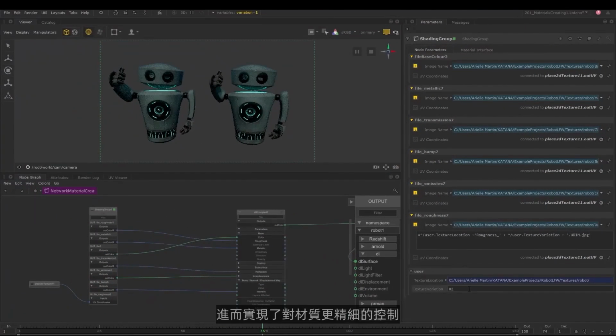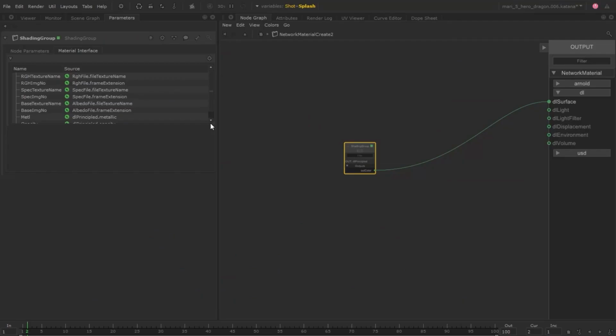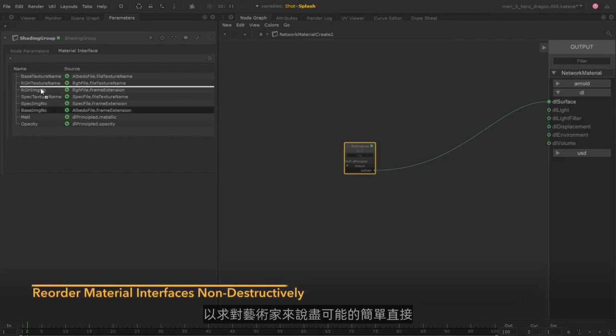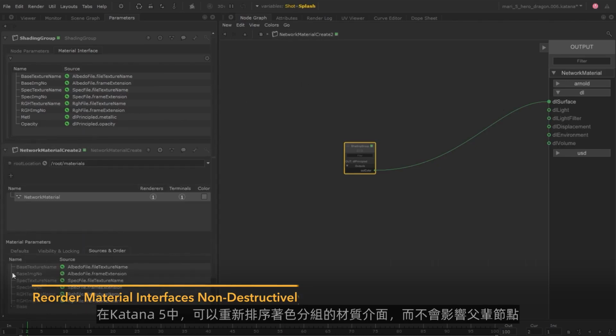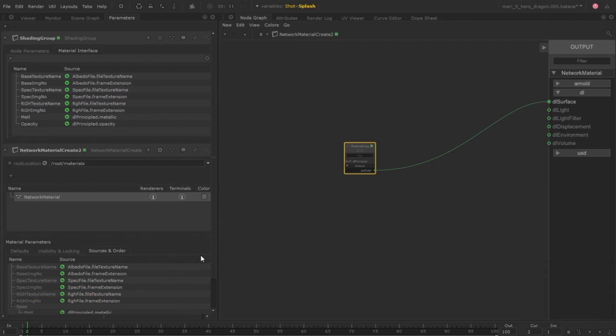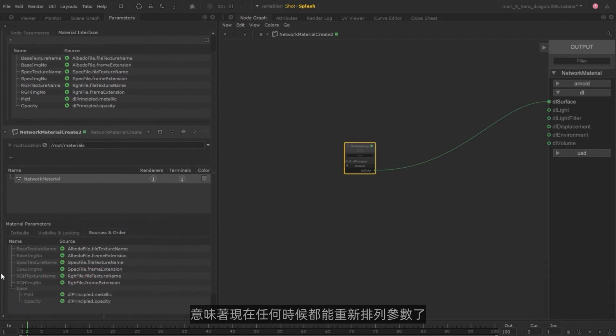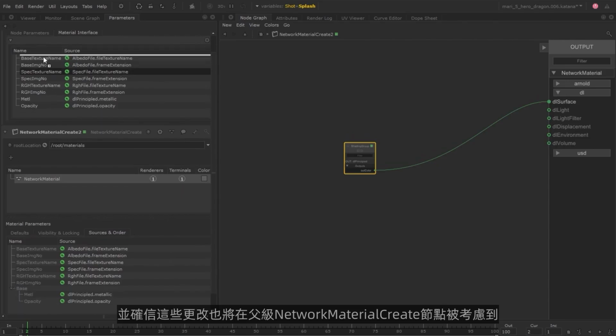giving them finer control over the material. We're simplifying the learning curve of material creation, so it's as straightforward as possible for artists. In Katana 5, you can reorder the shading group's material interface while respecting ancestral nodes. Meaning, you can now reorder parameters at any point, knowing these will be respected up to the parent network material